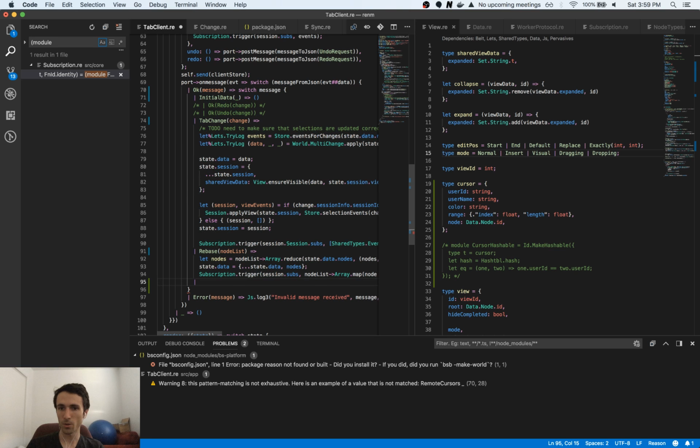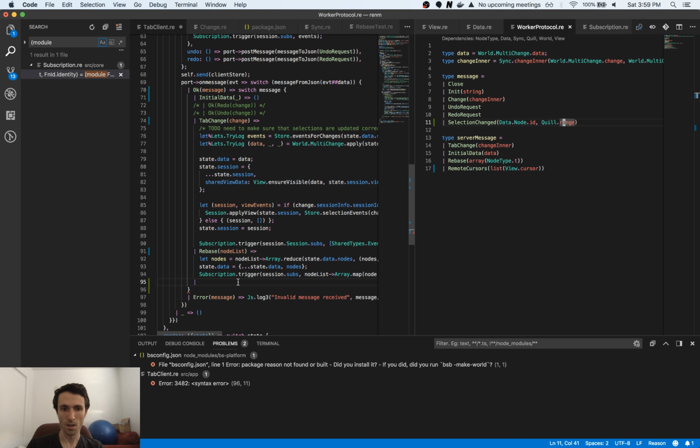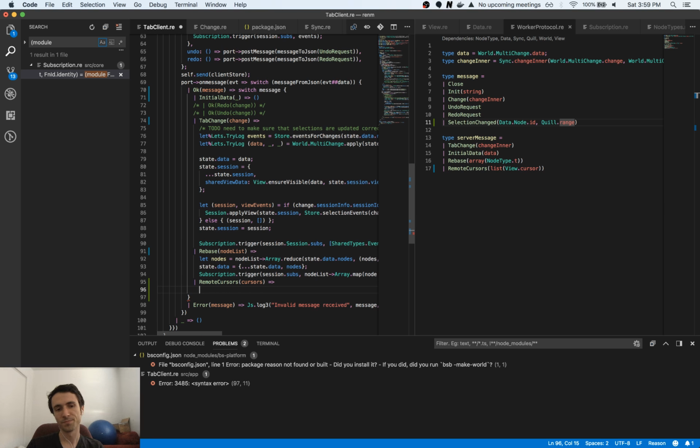And okay, so we're saying if we get a remote cursors message with cursors, now actually the update will be a lot easier if I just send single cursor changes, I think. Because what I need to do is find what was the previous node that a given cursor was on and remove it, but I'm too lazy for that right now. So let's do